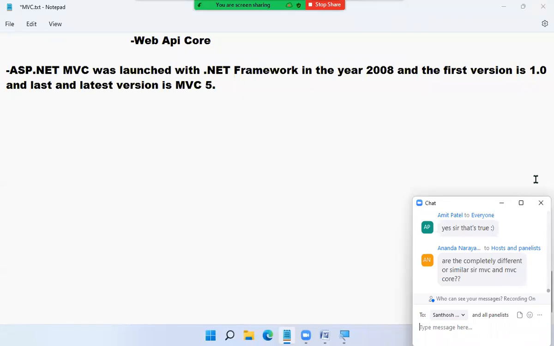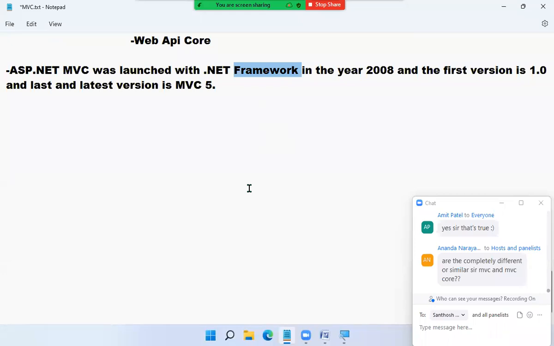That's why I said you need both. They are the same in concept, but they run under different runtimes. MVC runs on .NET framework, MVC Core runs on .NET Core. But there are additional differences, not 100% differences. All the differences we will discuss when I start with MVC Core. So first understand MVC 5. You want a good idea of MVC 5. Then we'll go to MVC Core, and then we'll analyze what the differences are.